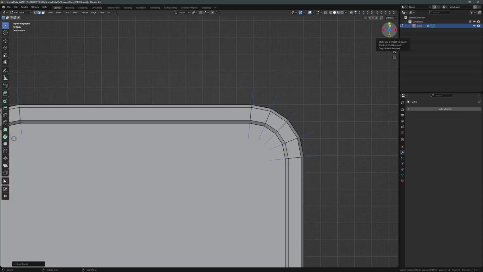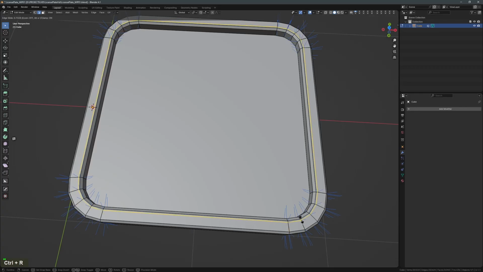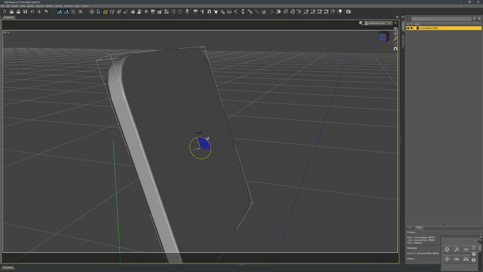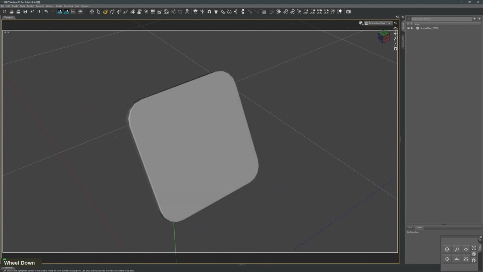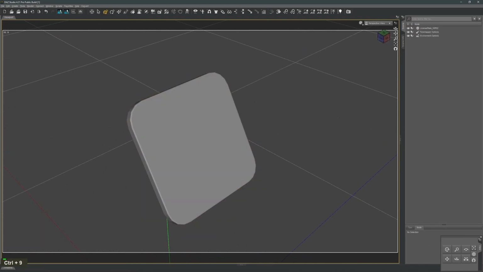Now, even though the inset function has cool options, the loop functions are interesting too. If I select an edge and press Ctrl R, Blender performs a loop cut. And after I click, I can move the loop cut along the selected edge. And another click finalizes the operation. My check in DAZ Studio confirms the license plate object renders right. At least it's sufficient for my purpose.